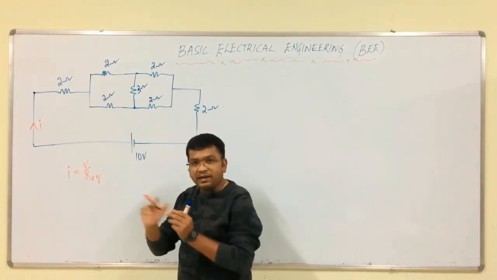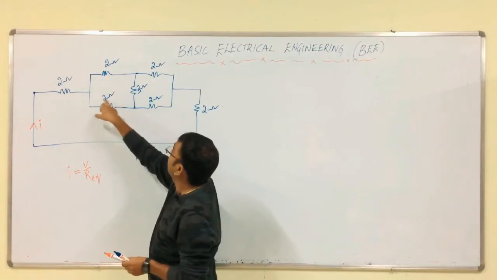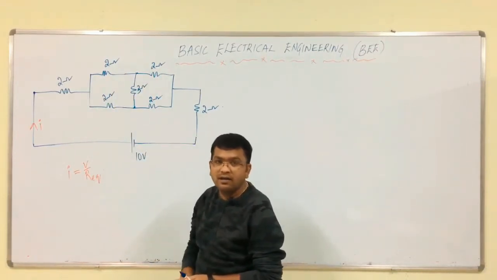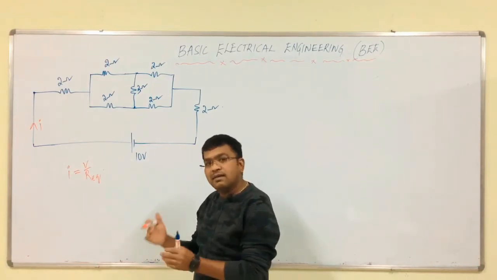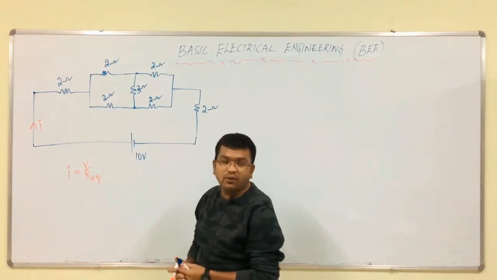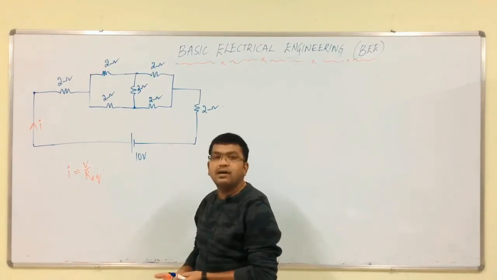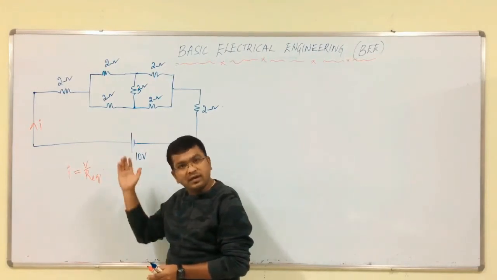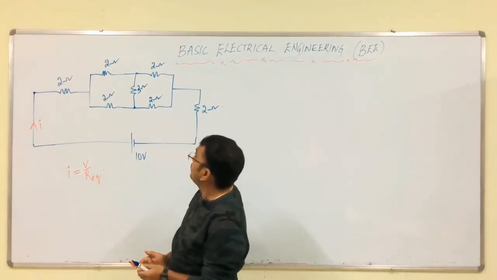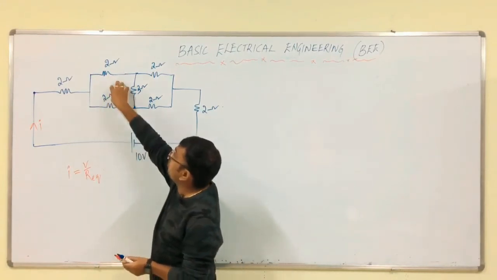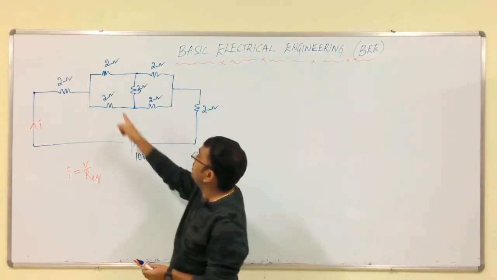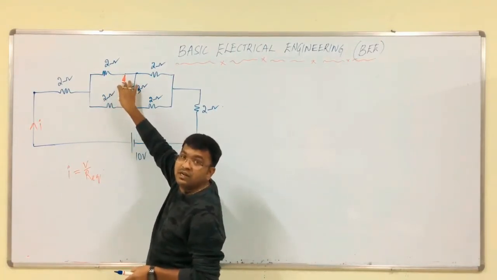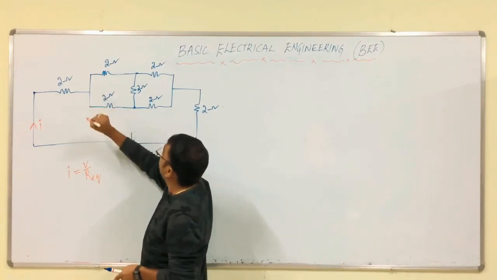So, from this observation 1, 2, 3, this part or this part should be in delta connected form, no? Delta. So, we have to reduce the delta into star, then we get a simplified circuit. Later we will get another simplified circuit. Like this, we have to get the simplified form of the circuit. You can consider this block or this block. I am considering this block, means I have to convert this delta connected network into star connected network. Simple.